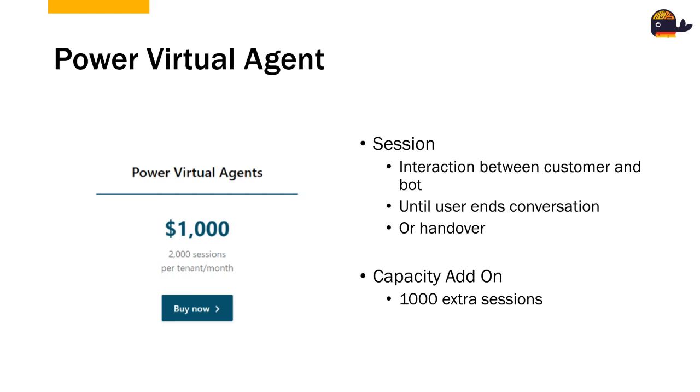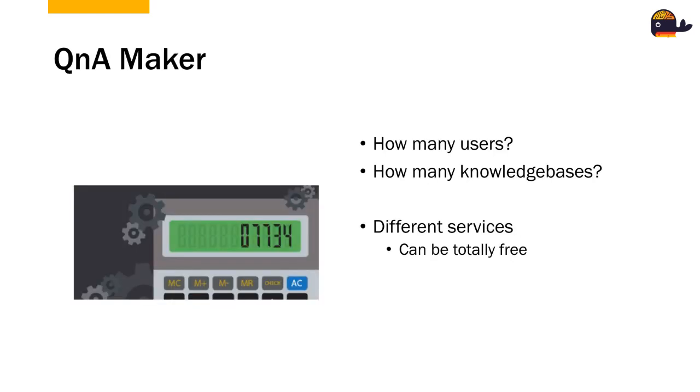Now, this is Power Virtual Agent. Of course, we've been using QnA Maker here today. QnA Maker, you can go absolutely free with it, but it depends on how many users you are going to use it, or how many calls, let's call it like that, because it's an API service. And also on how many knowledge bases you have, because you could have specific knowledge bases for specific departments, for example. It can go from